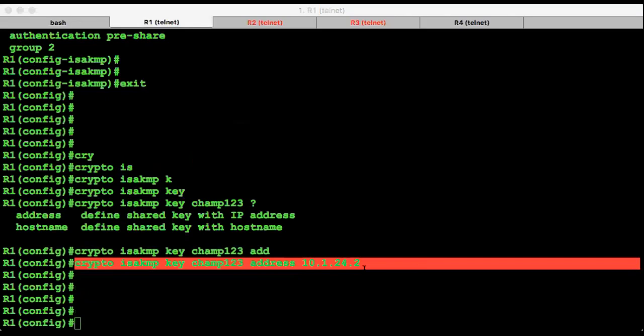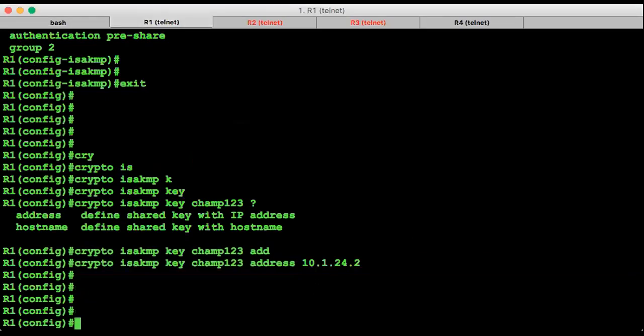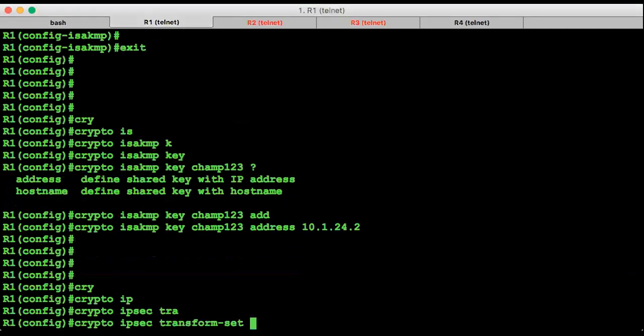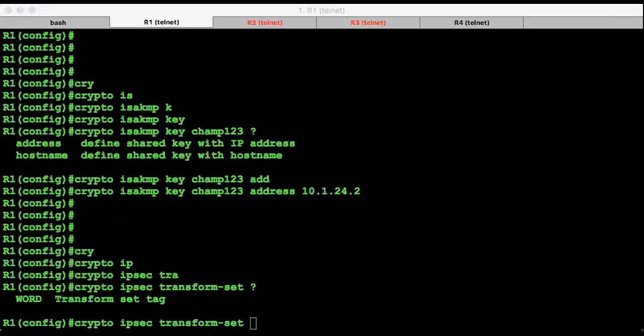Now the second is configure the parameters for phase 2. In order to configure phase 2, crypto IPsec, because ISAKMP is what we used for phase 1. I don't have to configure the authentication here because it is already configured in phase 1. So here I have to define two things, hashing and encryption. So transform-set, the name of the transform set could be champ,